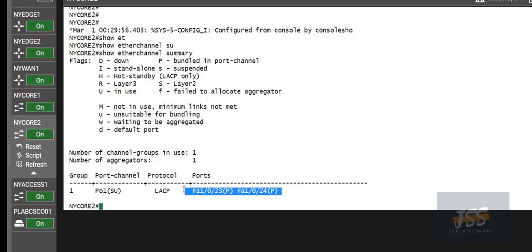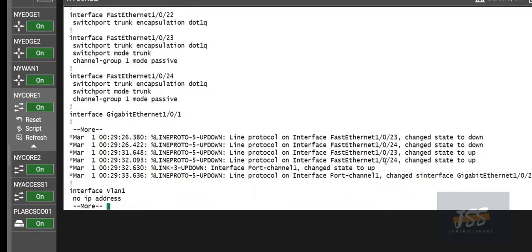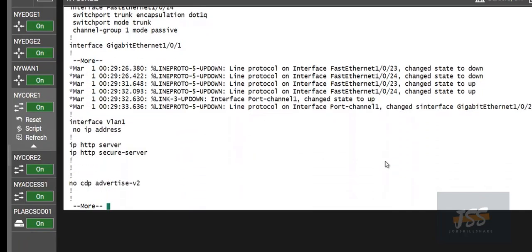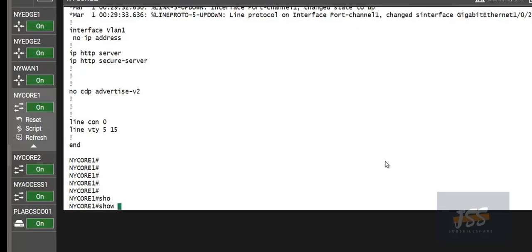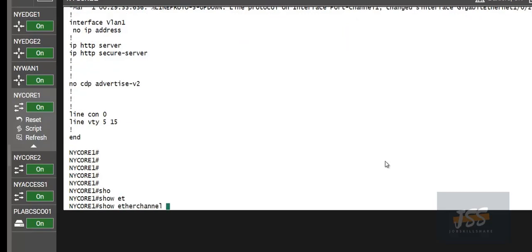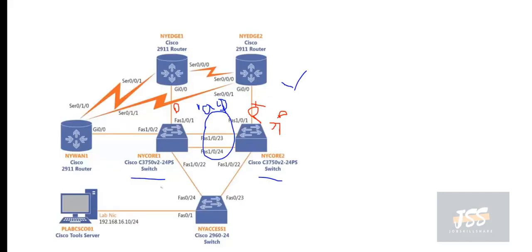We have troubleshot the fault over here. We can check the other end as well, which is in passive mode, and the command in privilege mode to check it is show etherchannel summary. It will show you the output, and we have successfully fixed the error. So what we did was change the mode to active over here, and passive was already set on the other side for the negotiation to take place.